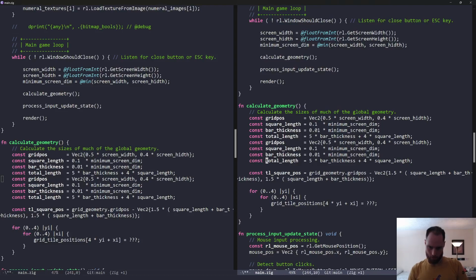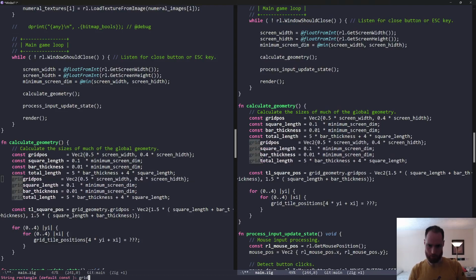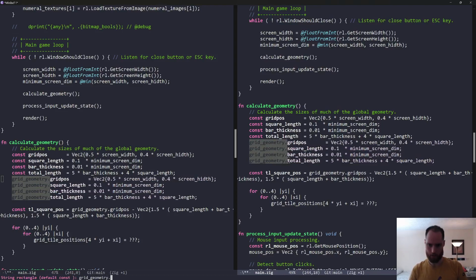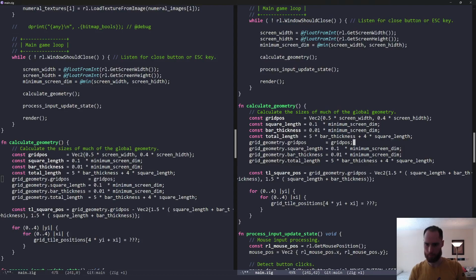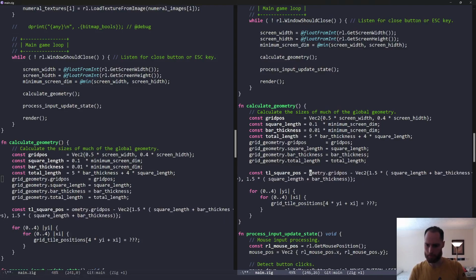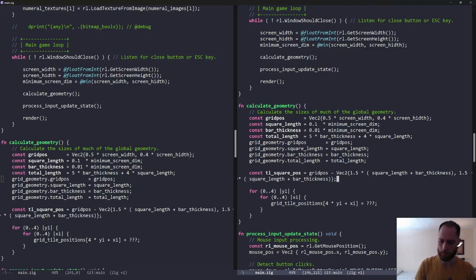We want to do grid geometry dot this is equal to the grid pos, the square length, the bar thickness, and then the total length. Okay. Now we can leave this without having to append anything to the beginning. And then